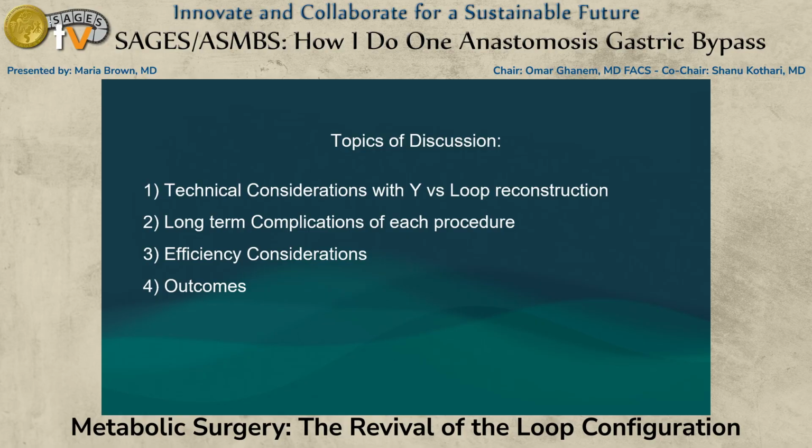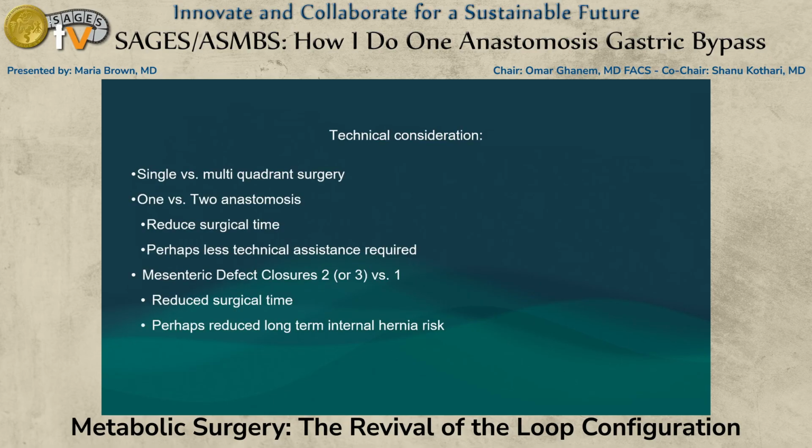So in 7 very quick minutes, we're going to talk about technical considerations, long-term complications, efficiency, and outcomes. So technical considerations, when we're looking at a 1 anastomosis versus a Roux-Y reconstruction, we're looking at a single potentially versus a multi-quadrant surgery, depending on your technique, 1 versus 2 anastomoses, and mesenteric defect closures, 1 versus 2 or 3, depending on how you do your gastric bypass. This can translate potentially into reduced surgical time, perhaps a less technically adept assistant bedside, and that can, of course,